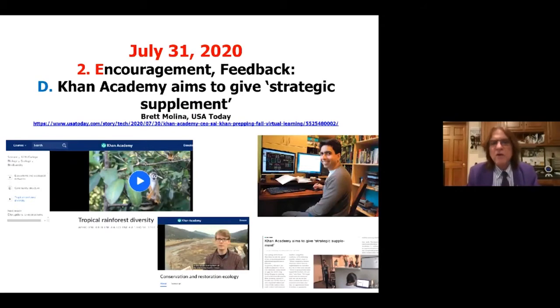Encouragement or feedback, also the Khan Academy. The person there on the right, his name is Salman Khan. He developed the Khan Academy to train young students: math, geometry, algebra, English, finance, physics. Almost everything is free at the Khan Academy. Bill Gates from Microsoft gave him a lot of money to create it.